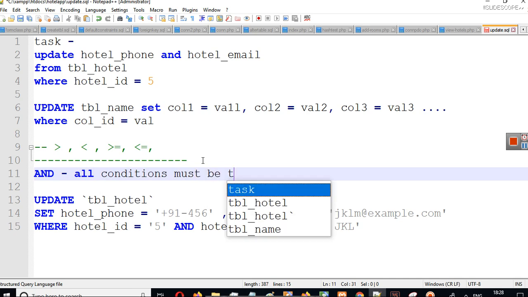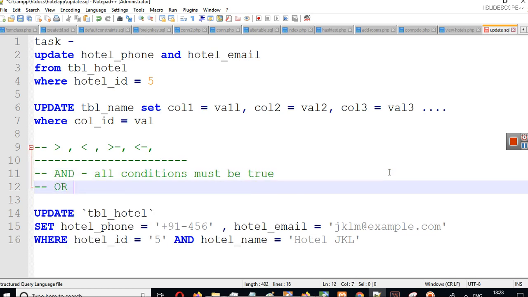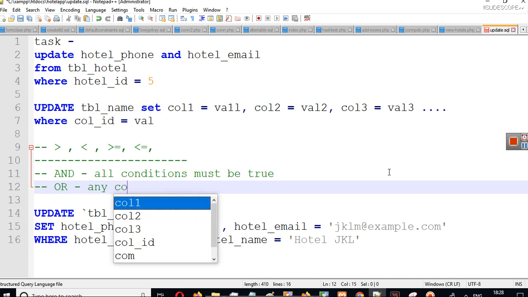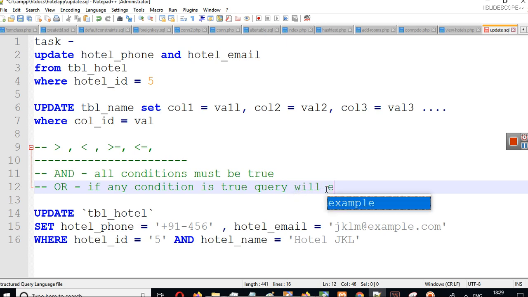must be true. So when we use and, we can also use or here. In case of or, any one condition should be true. If any one condition is true, the query will execute.